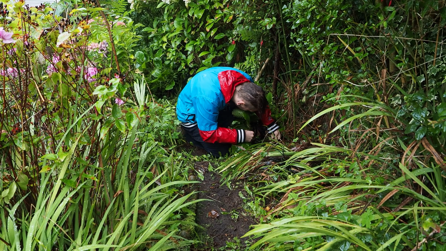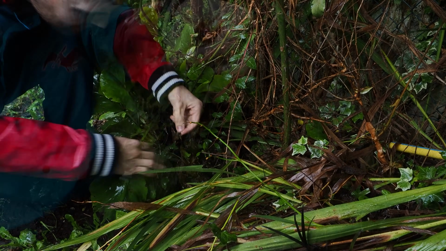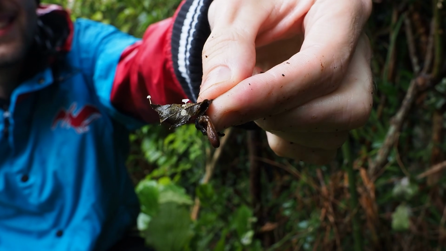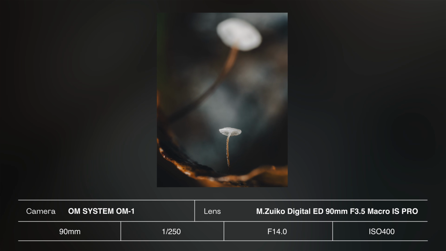Not everyone's got access to woodland on a whim, but fear not, any outdoor space will work. And if you've got a garden, try exploring the hedges. So look at all the little leaves under the hedges, and you may well find a tiny little mushroom growing on there. Now those of you who are using the 90mm macro lens, don't be afraid to pop on a teleconverter. It's really fun. But I'd recommend working with a tripod for these kinds of things because the magnifications are really, really high, and the depth of field is really, really shallow. So you're probably going to need to focus bracket quite a lot of frames,